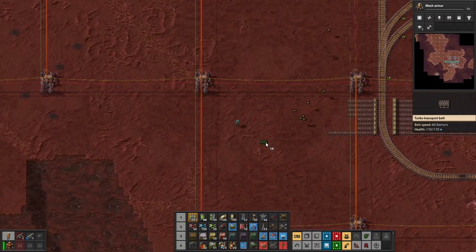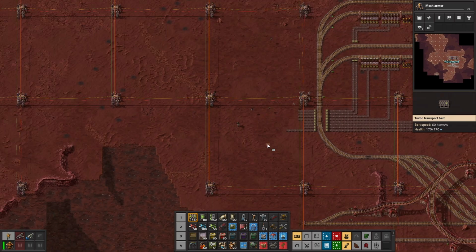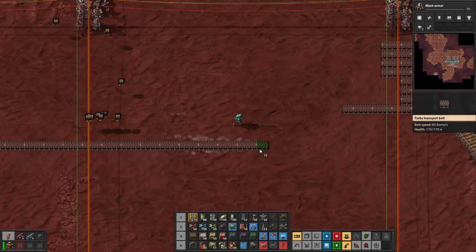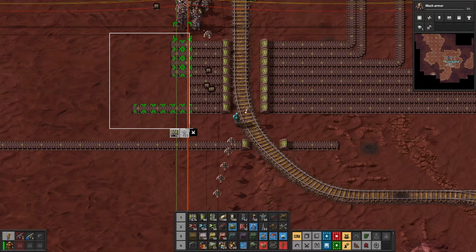Now, we just need to recycle this. You know what, I might end up lowering these actually, because I think I want to try to have them as low as possible here. Yeah, let's do that. I'm going to cut...